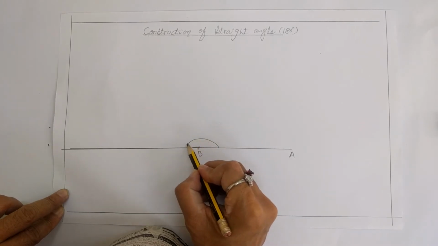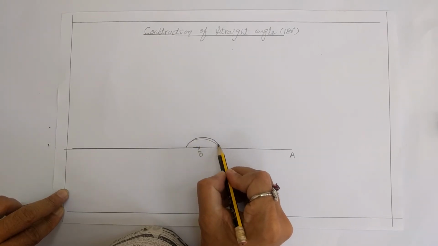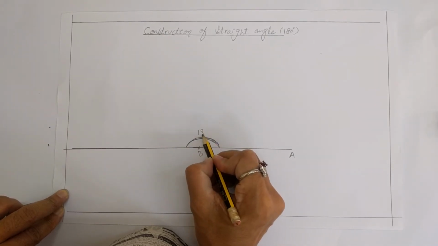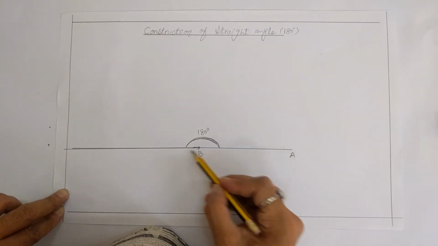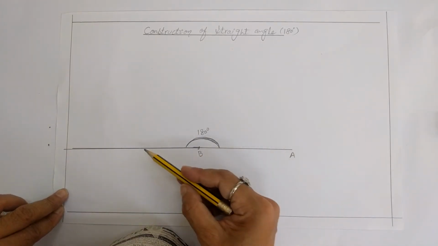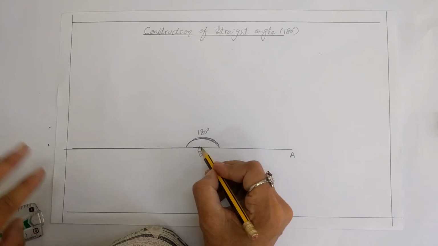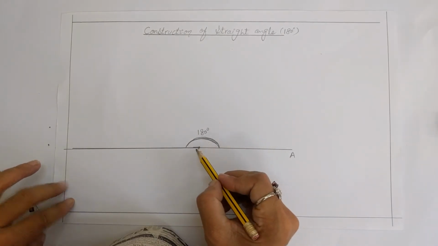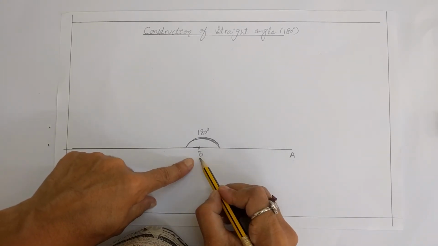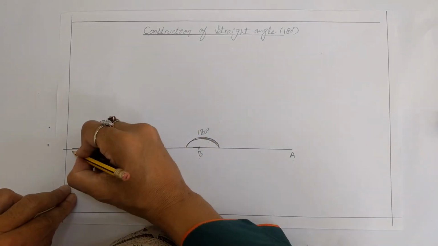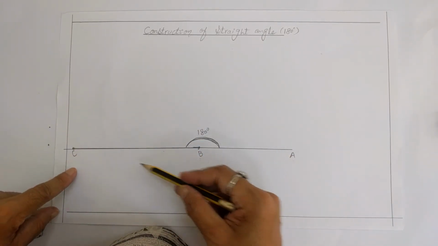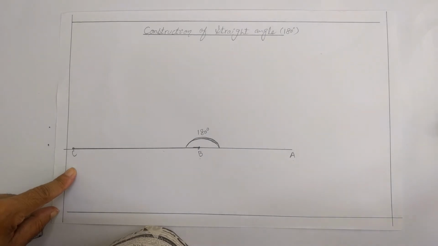Like this. This one is our angle of 180 degree, and the angle is a straight line. Got it? How is the movement of the arm over here? Actually, this one is the second arm. This one BA is the first arm of the angle, and I will give the name C to this point, and CB is the second arm of the angle, and this one is like this.